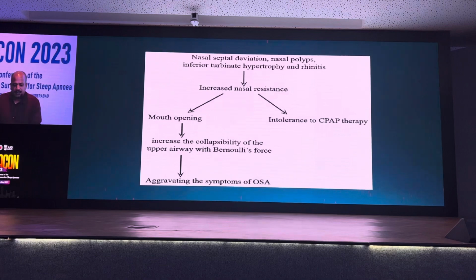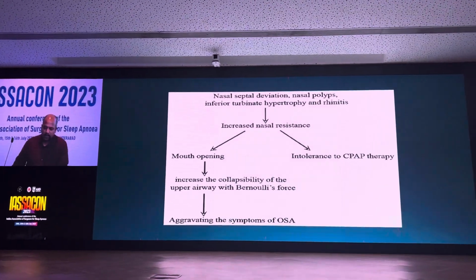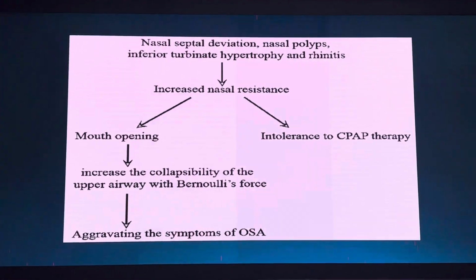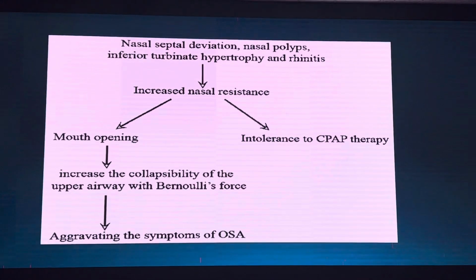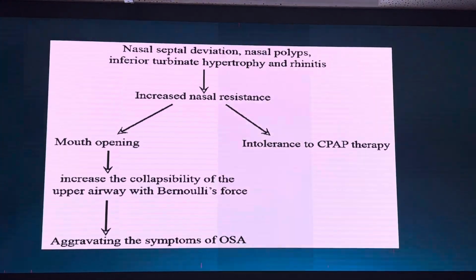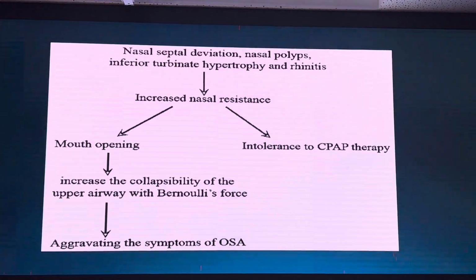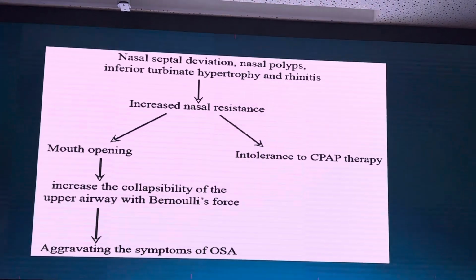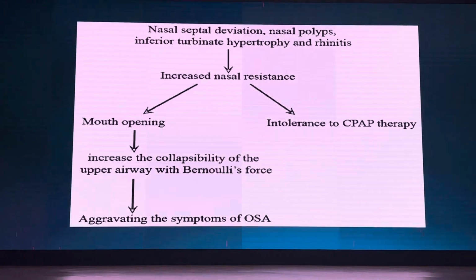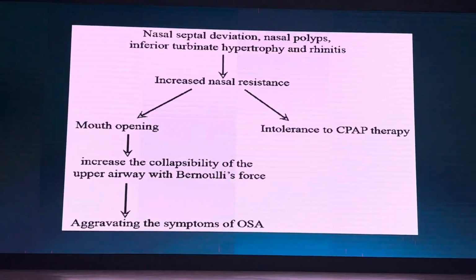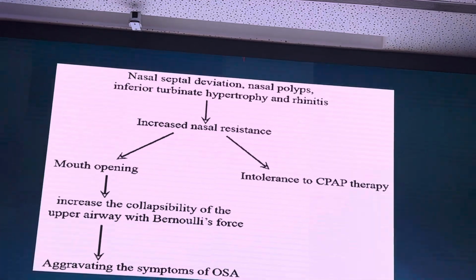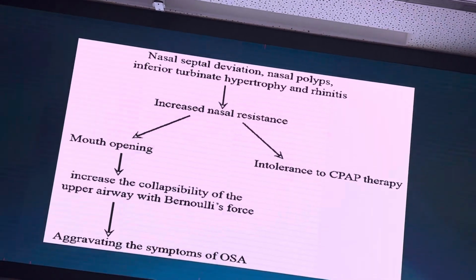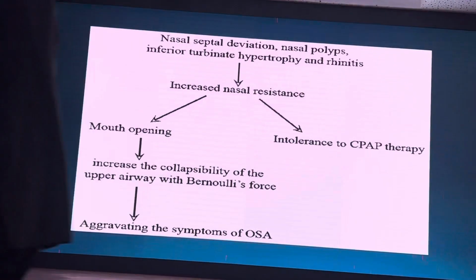So when a patient has a nasal septal deviation or a nasal polyp or turbinate hypertrophy, it increases the nasal resistance. When there is an increase, there are more chances of mouth opening and mouth breathing, and the collapsibility of the lower pharyngeal airway is much more. Another importance of nasal resistance is, in the initial few days when the patient has been prescribed a CPAP, because the patient has any of these nasal conditions, the CPAP pressure needs to be much higher, and if in the initial few days the patient finds it uncomfortable, the likelihood of the patient using CPAP further will be much less. So before we initiate CPAP therapy, it is imperative again to send the patient to an ENT consultant who can rule out any nasal causes before starting CPAP.